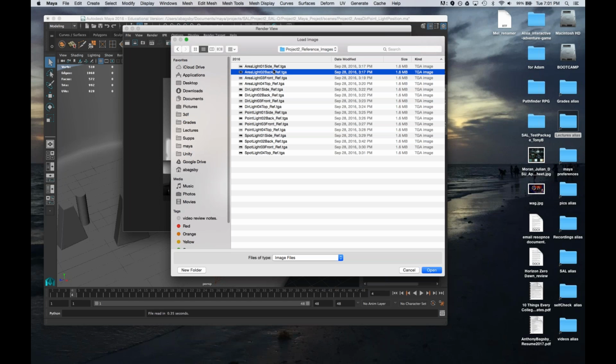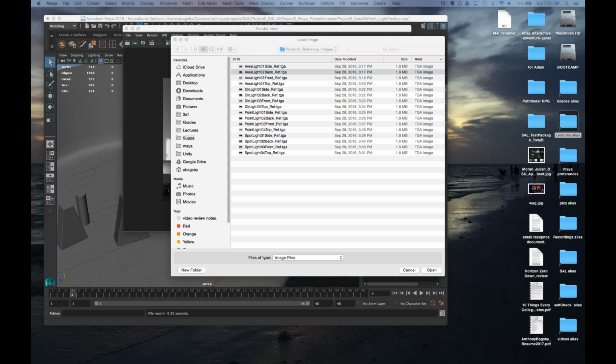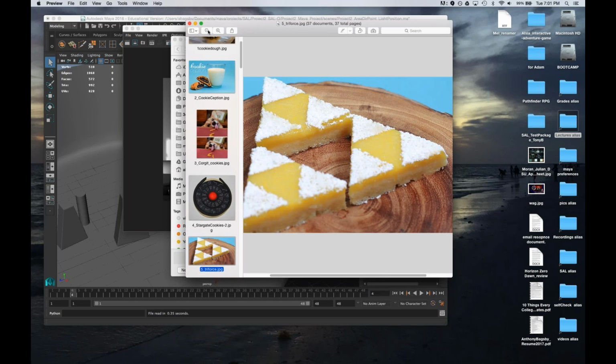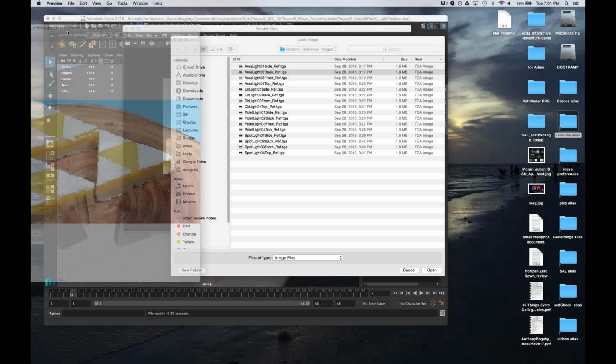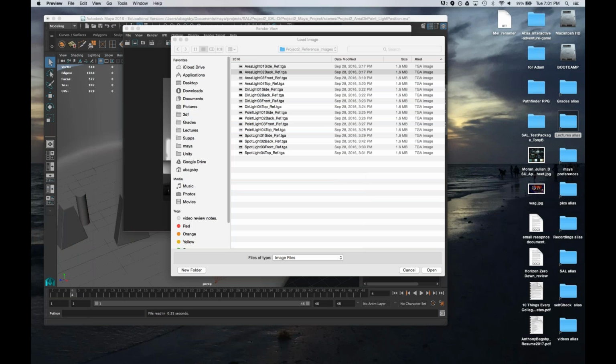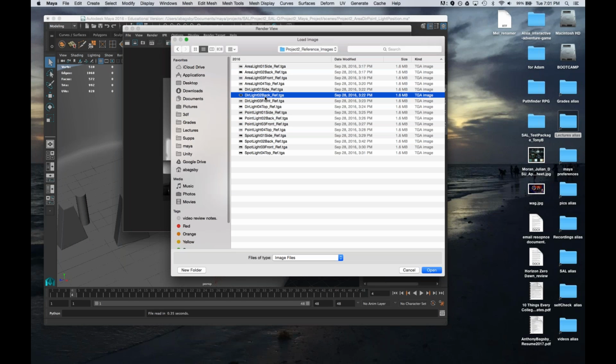Oh, Stephanie said direction, and Stephanie answered, so she gets direction. And Stephanie, you get the Triforce. The Triforce cookies. Okay, so Stephanie picked the direction light. Jordan, which direction do you want to pick for the directional light?